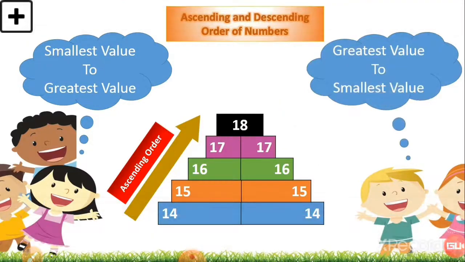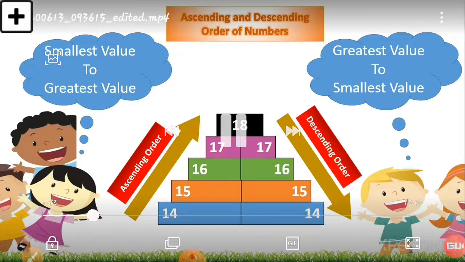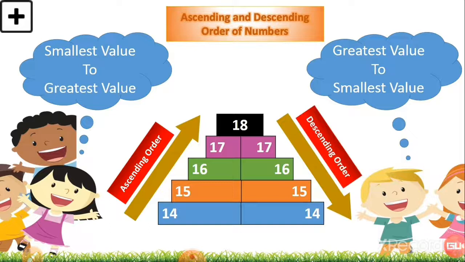Let's see now. This is the descending order. You go from greatest value to smallest value. The down arrow will go at the downside, and it's called descending order. Now I hope this concept is clear to you all: in ascending order you go from smallest value to greatest value. In descending order you go from greatest value to smallest value, and it is very easy. Here is an example also. In ascending order you climb the stairs, and in descending order you come down from the stairs.